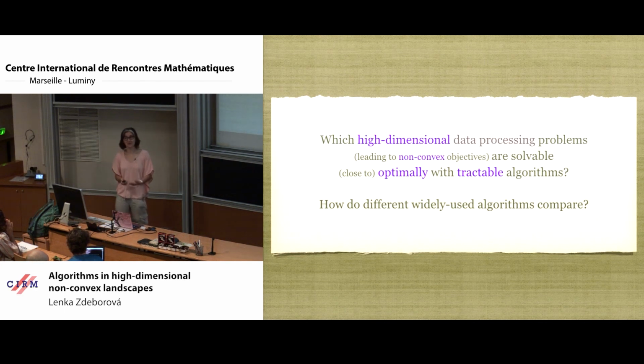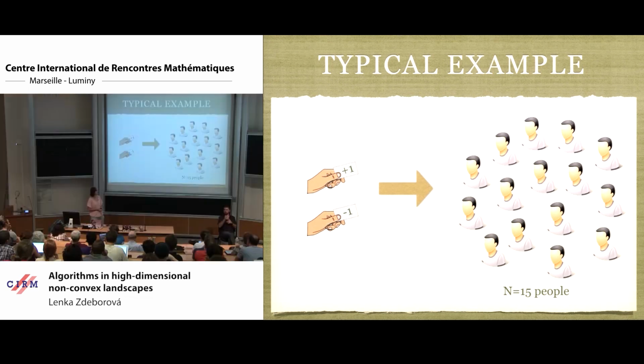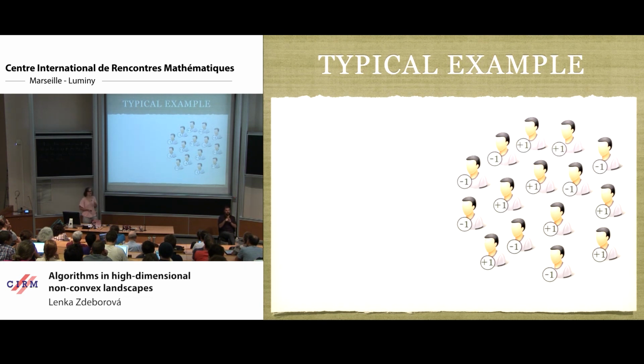To tell you the way we are thinking about it, I start with a typical example of a problem that I am thinking about, which is a card game. I have a number of people in the audience, like here, and I have a deck of cards. Each card has either +1 or -1 written on it. They are randomly shuffled, with roughly the same number of +1s and -1s. Now I deal one card to each of you. The important thing is that I don't see the cards that I deal to you. That will be the game between you and me. My goal will be to guess which card everybody has.